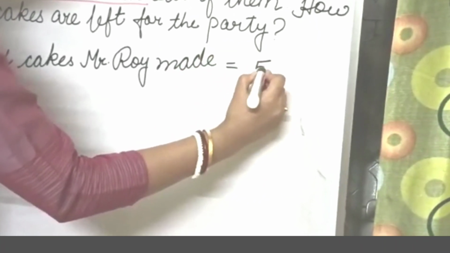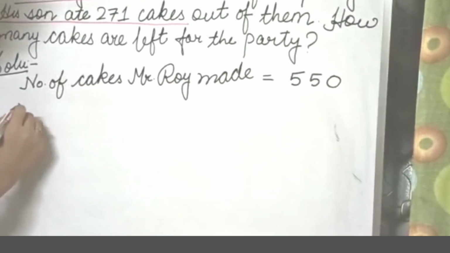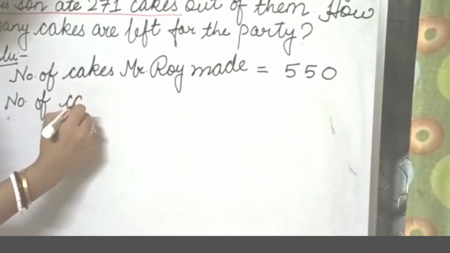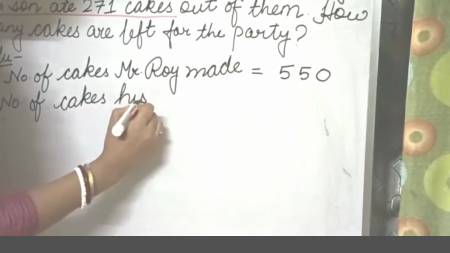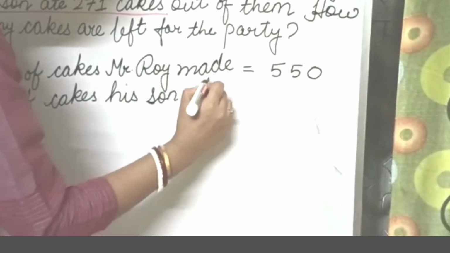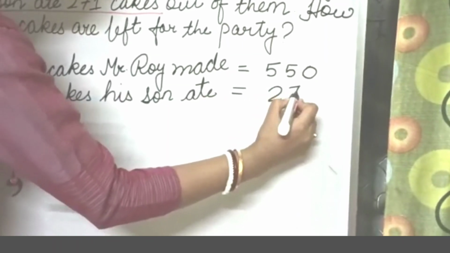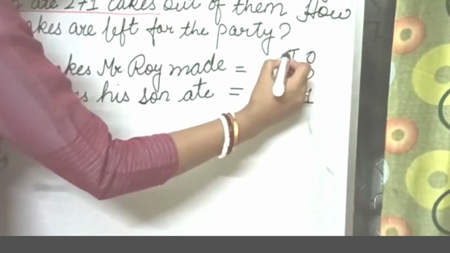So he has made 550. Then number of cakes his son ate, 271. Then put ones, tens and hundreds,